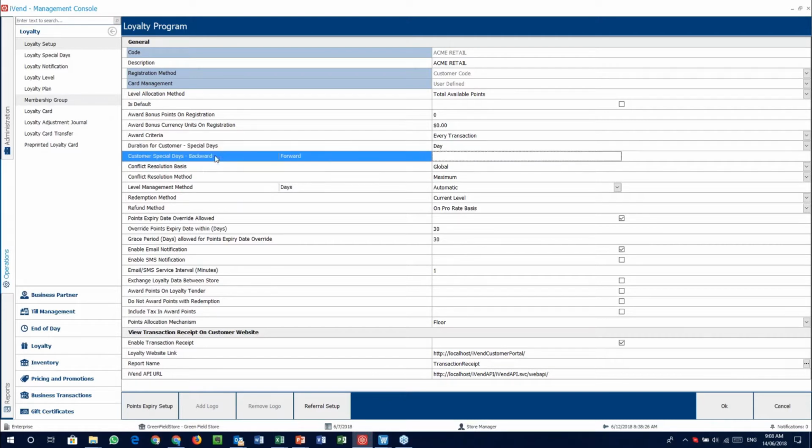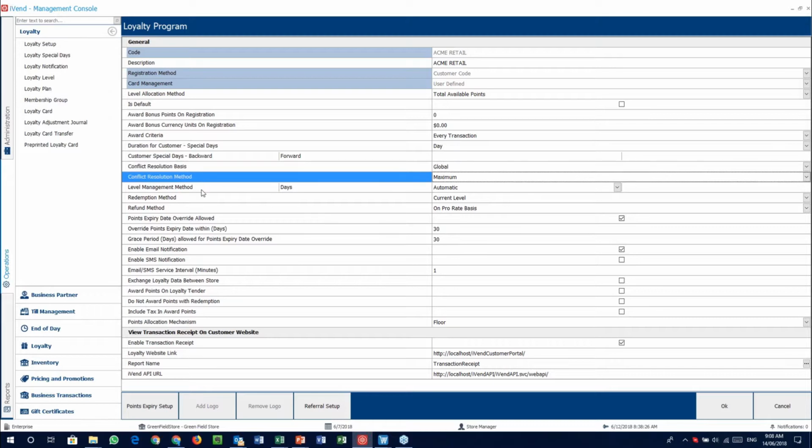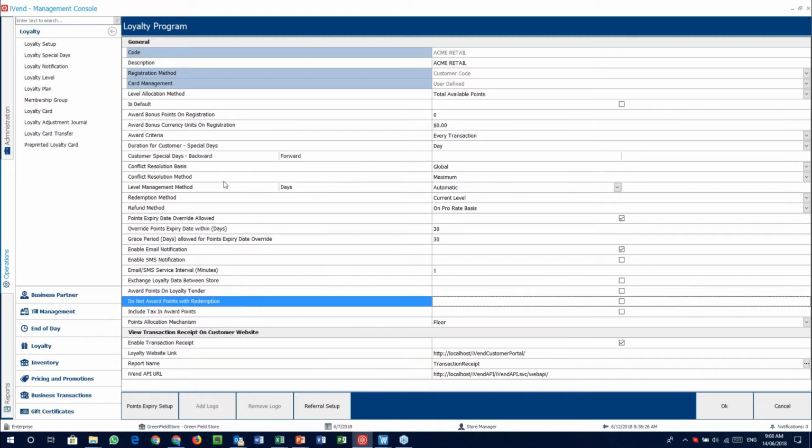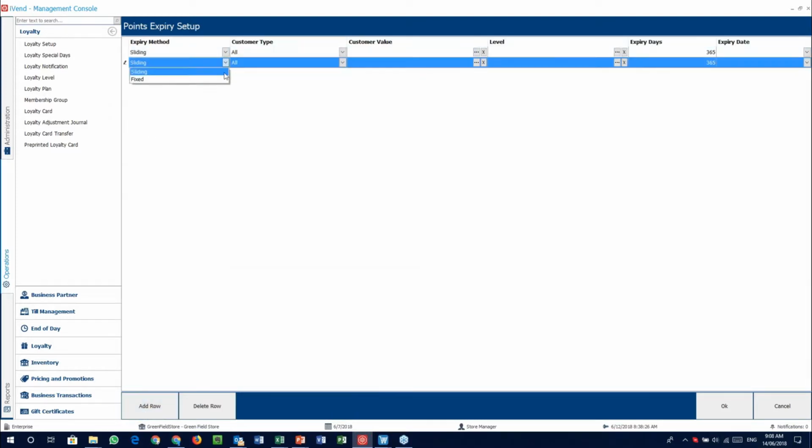By doing the special days, the days backwards, days forward, try and avoid things like conflict resolution basis and method. Once again, don't go through each of these. Just try to pick one or two, because otherwise you will put the guys to sleep. But one thing I do want to point out when you are showing this is the points expiry method over here, and you can also put in different rows just to show, okay, this is a sliding